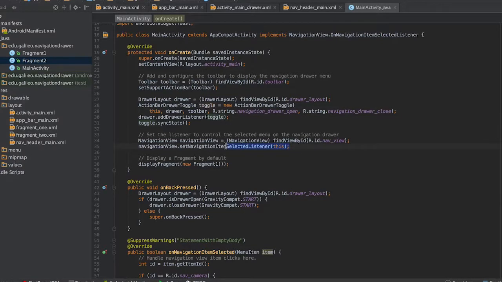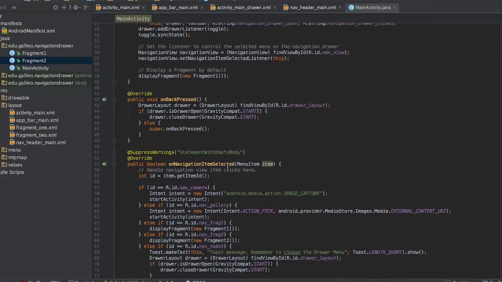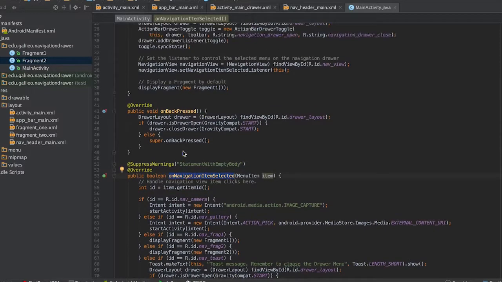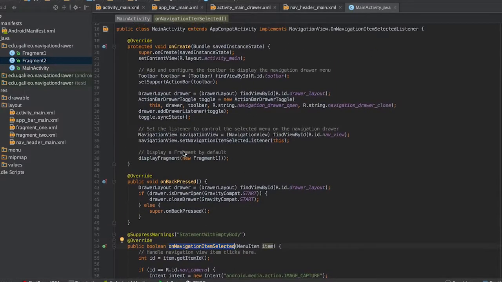We are doing this because we need to handle what will happen when the user clicks on our menu. So to do that, we are implementing the NavigationView OnNavigationItemSelectedListener, that's where we are going to define what happens when the user clicks on each item. So when we implement this interface, we are going to have to implement onNavigationItemSelected. So we're going to see it in a little bit. So at the end of the onCreate method,